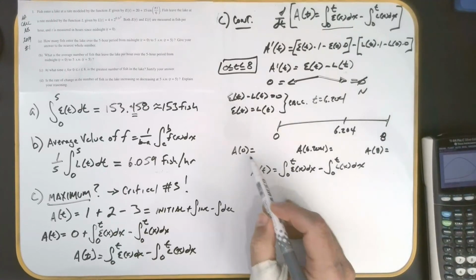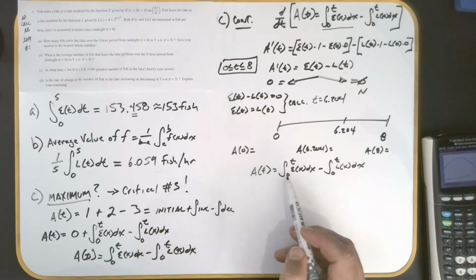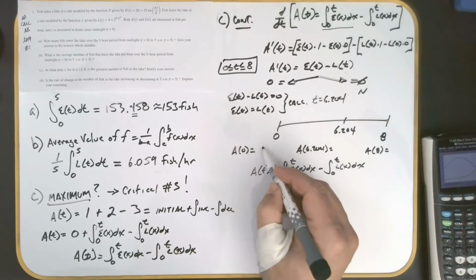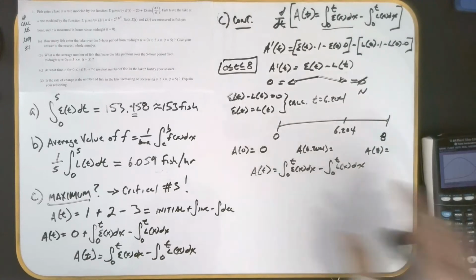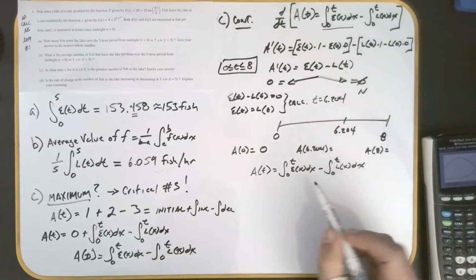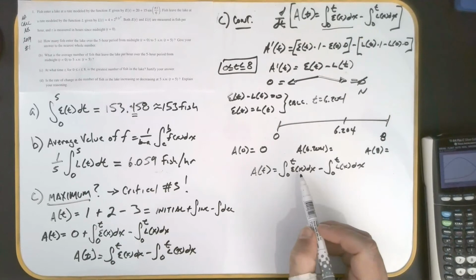Okay, so I'm going to put in 0. Now, I think you can see if I put in 0, my interval has no width here. That one's going to be 0. But now I'm going to replace t with 6.204. Then I'll replace that with 8. Now, for this question, because both of these can fit into one integral, I'm going to do it that way